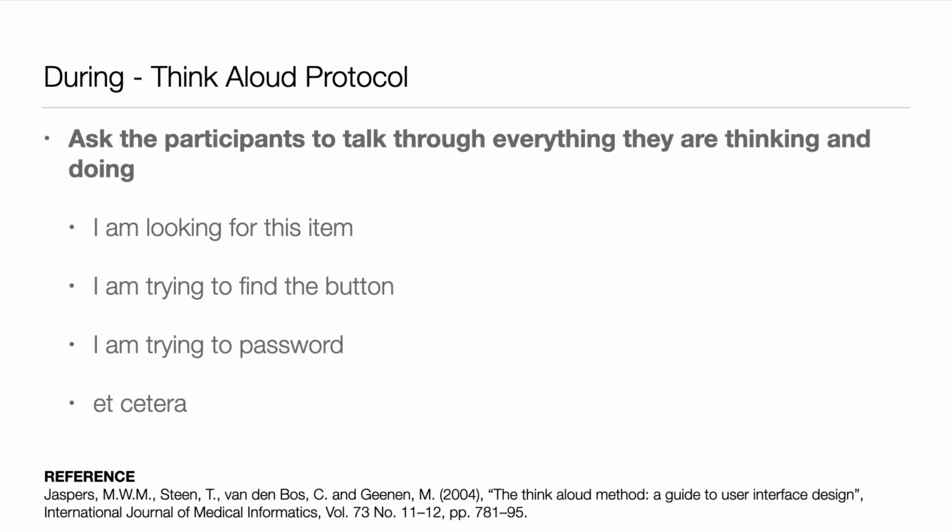Common areas are, I'm looking at this item, I'm trying to find this button, I'm feeling a bit lost, I'm feeling tired, I'm feeling bored, I'm feeling excited, I can keep going on for days, whatever it is. You get them to really spill the beans. This is something of a skill, and most people coming into the test, being put in front of a computer and asked to think aloud, will find it very difficult. So it's useful if you were to sit down with somebody and show them how to do it, to give them a guide. This video coming up is me doing a Think Aloud exercise on the BBC Good Food website.